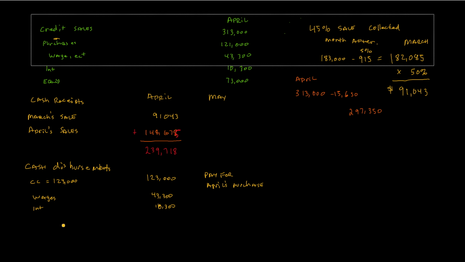And then we do the equipment, because we bought some equipment in the month of April, which was 73,000. So if we add up all our cash disbursements, which would be the 123,000 plus the 43,300 plus the 10,300 plus the 73,000, we get